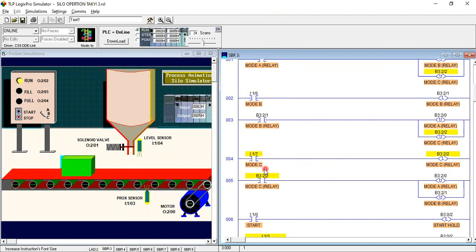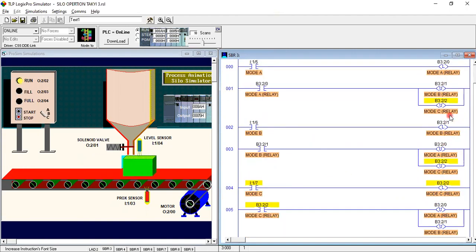So this is mode C, and it will be turned on and latched. Other modes A and B will be unlatched. As you can see, only the C mode will be latched and all others will be unlatched. This is the A and this is the B.